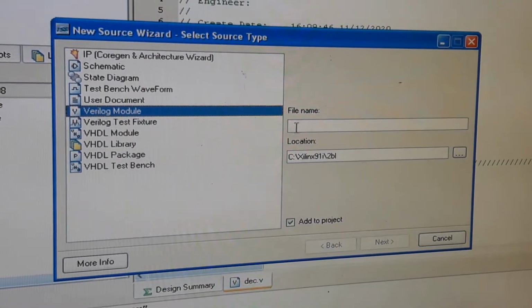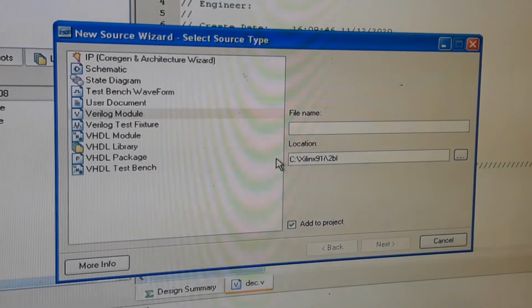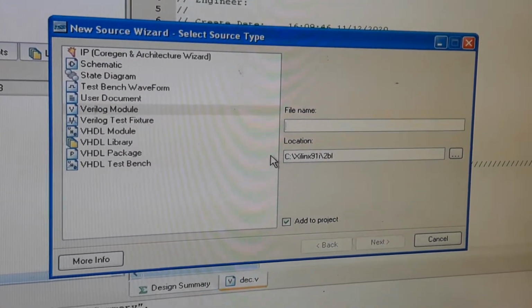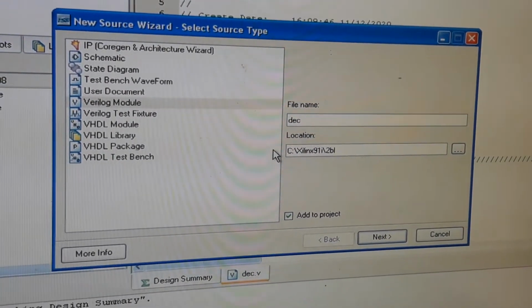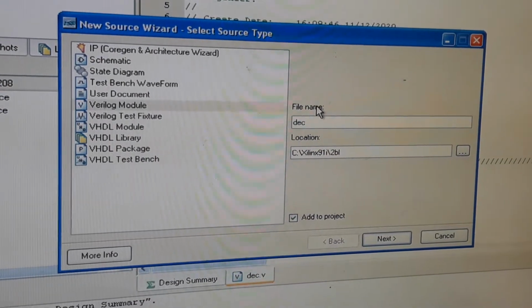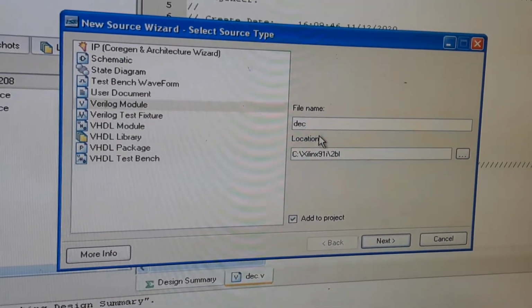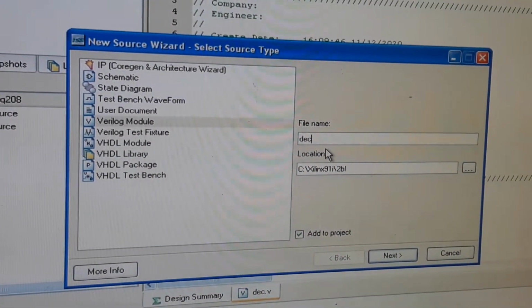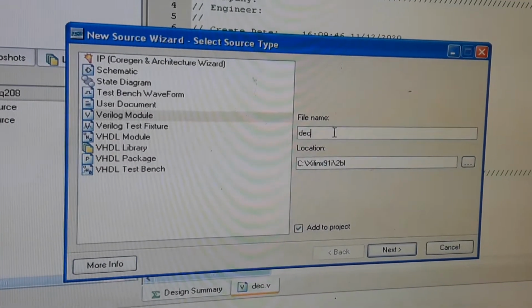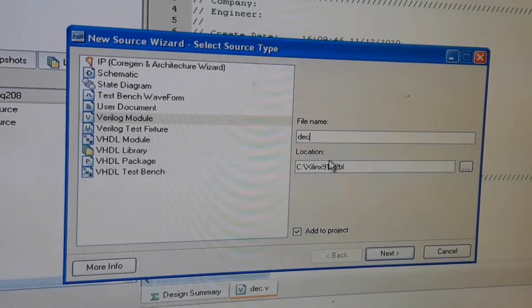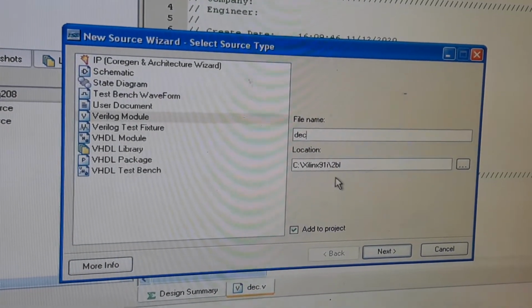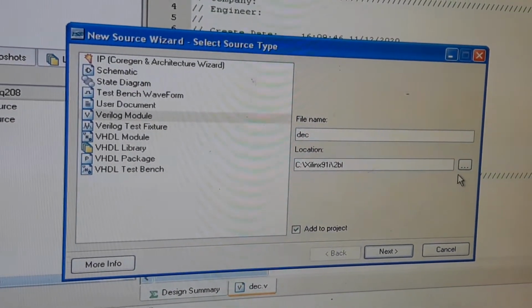Next we should give the file name of the program we are writing. Here we are writing a decoder program, so you can give it decoder. This file name is user defined, that is the module name. Whatever module name you have given should be your file name. After that comes the location where we are saving this file. If you want to change the location, you can change it, no problem.